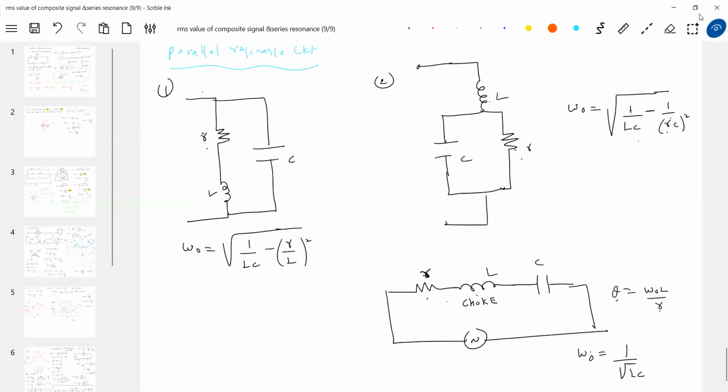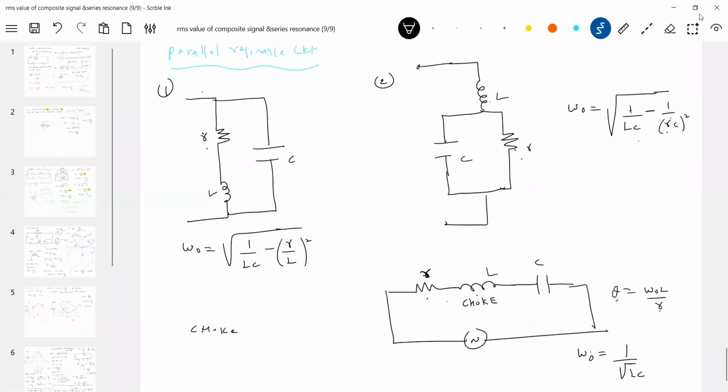Let's come to this. Quality factor. Quality factor should be as high as possible. So therefore, what type of inductor should I pick up? I should pick up an inductor where L should be very large and R should be very small. Means I should pick up an inductor